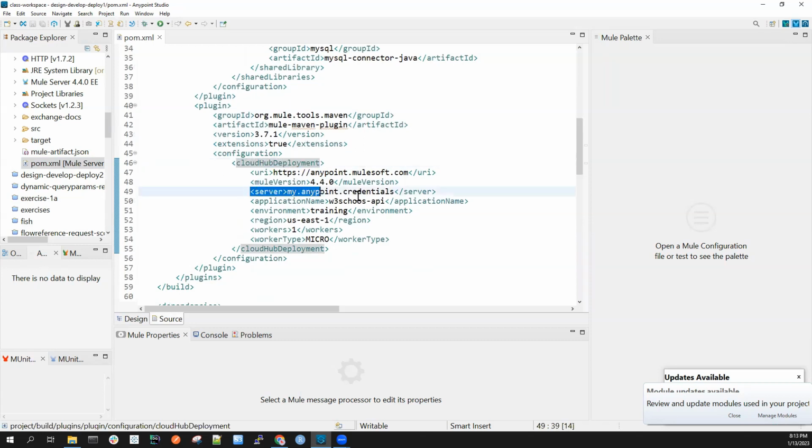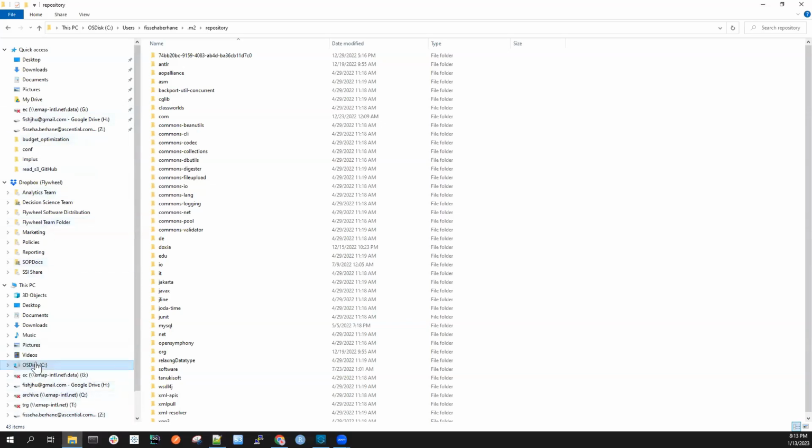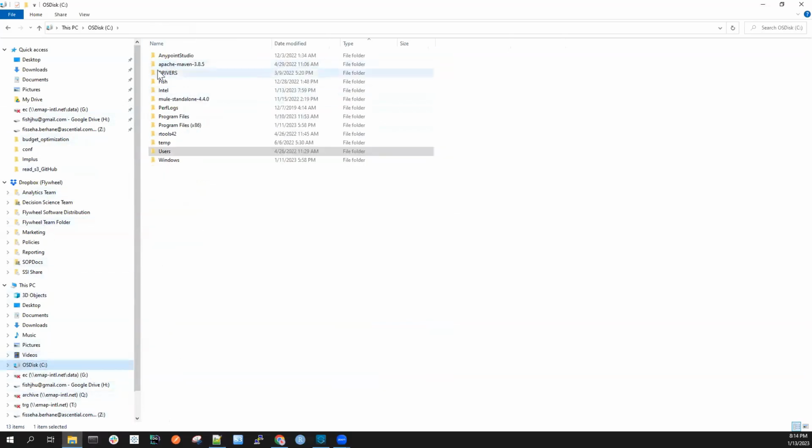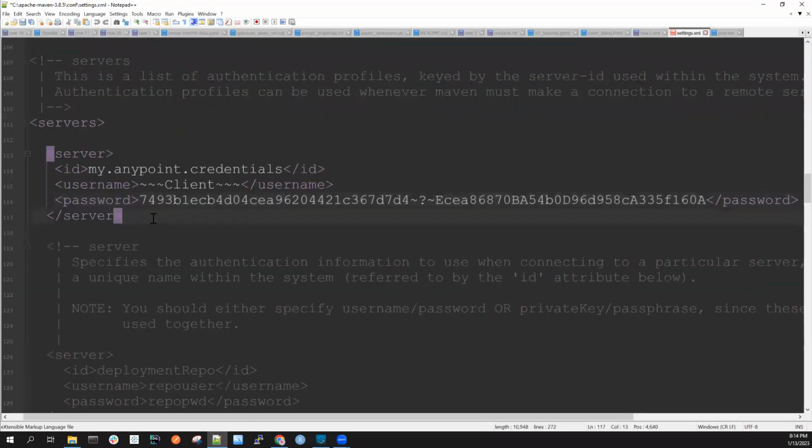One, the username and password themselves, we can include them here in the pom.xml file, but that is not a good practice because your credentials could get exposed. Rather than including the username and password here, what we said is a better practice is to come to your Maven installation. Here is my Maven installation. Come to the configuration. Under configuration, you will get settings.xml, and under settings.xml,